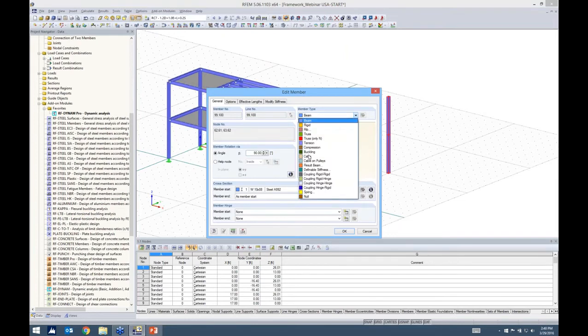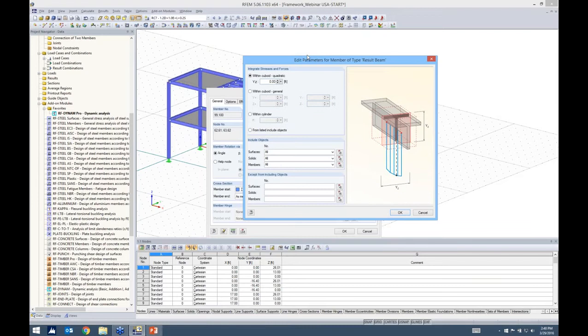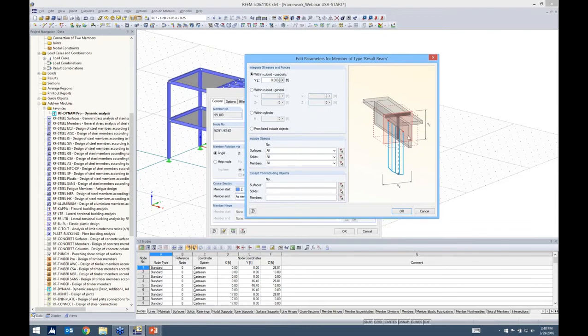But one of the options is a result beam. And if I further clarify some properties here, I can go ahead and define what exactly entails in my result beam. This is going to integrate stresses and forces, and what I'm going to choose is from listed include objects. And what it will do, it will integrate all stresses and forces for all my surfaces, all my solids, even though that's irrelevant in this case since we don't have any solids, and all my members. So if I go ahead and hit OK,